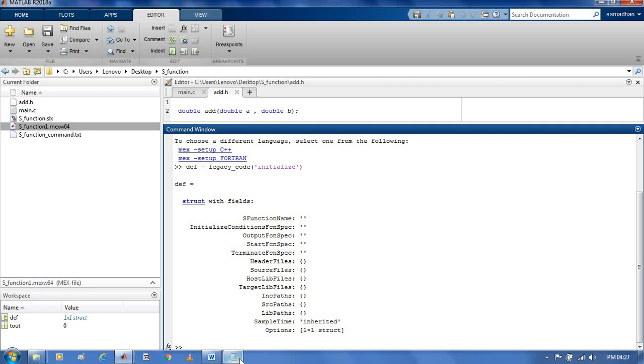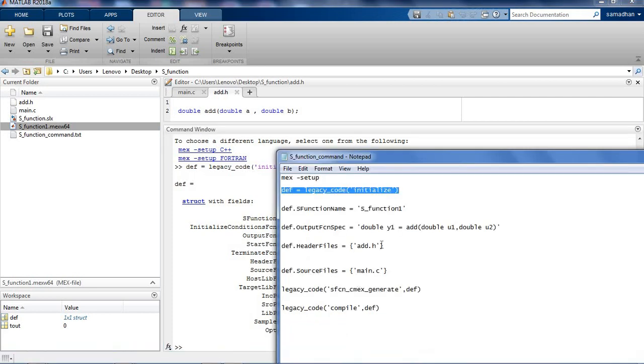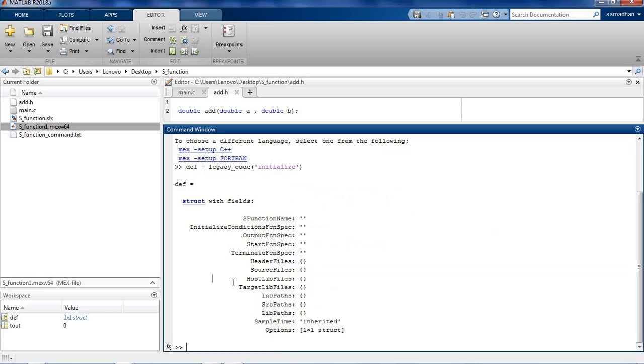So the next command is def.SFunctionName = 'sfunction1'. So I am writing the S function file name here. See, the same name is added here.